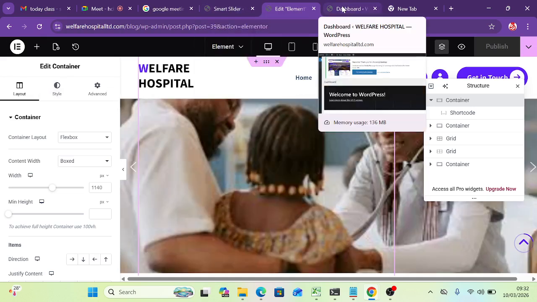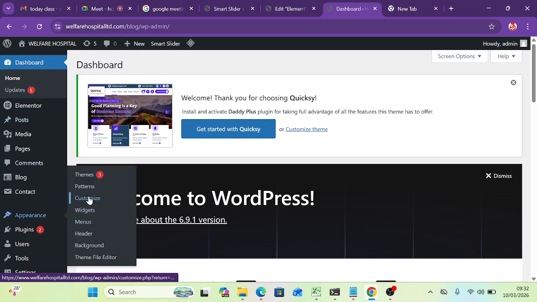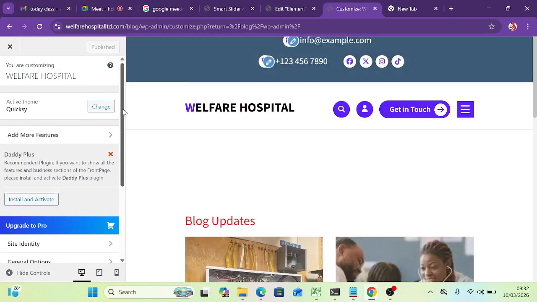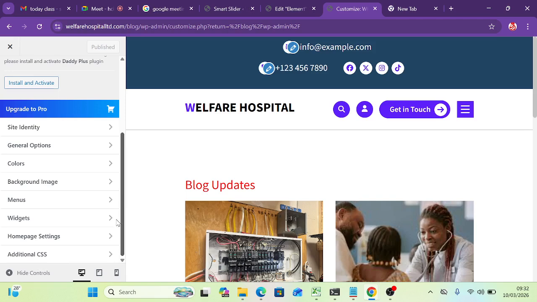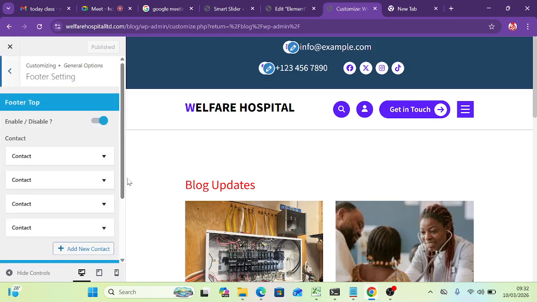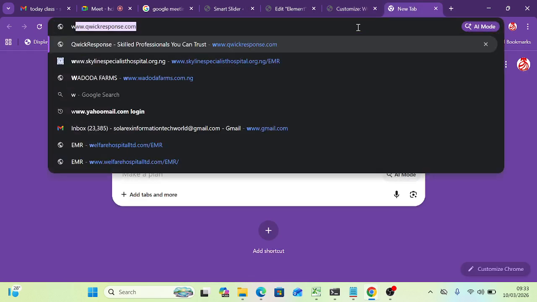Okay, let me go back to the dashboard. I'm actually trying to work on the customize again. Customize. So you could see that under customize, we have menu. Okay, let's go to general option. Okay, footer settings. Now, this is where I'm going. Footer settings. That's why, like the site I showed you the other time,